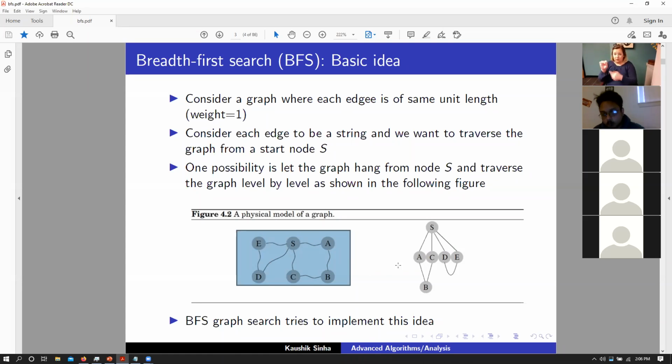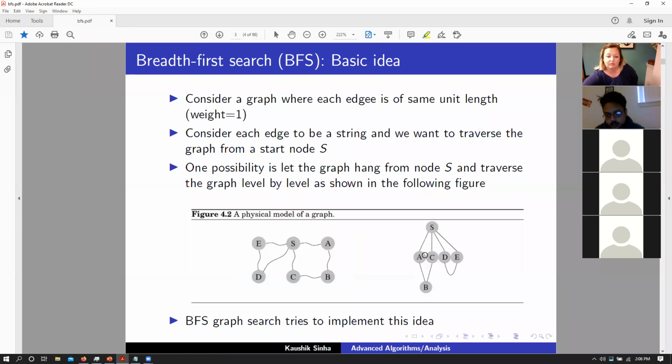And then once we are done covering all of those, we look at A or C, and A is connected to B, and then we find B. So in this sort of scenario, we can see that we will always find the shortest possible distance to any node starting from S. So we see that if we have this particular graph,